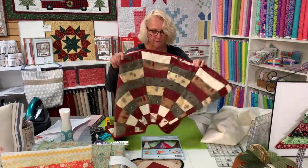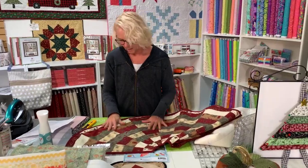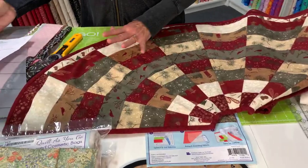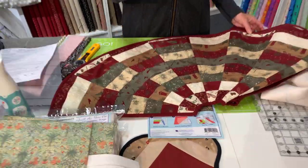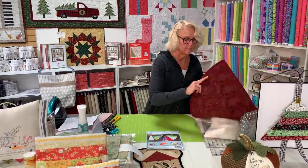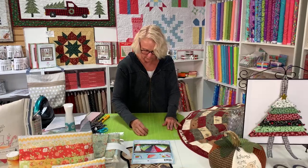Has some more fabrics in it. I just thought it was cuter. So to do this is a little bit more work, but not much. But there are some tips and tricks that they don't tell you about in the instructions. They're a little vague. First of all, you're going to need